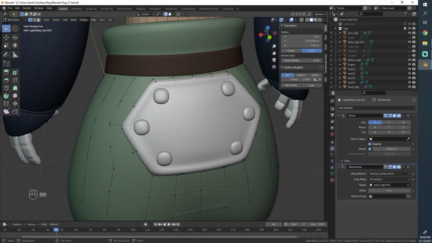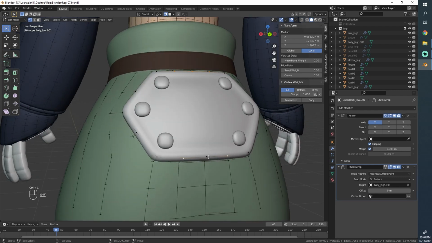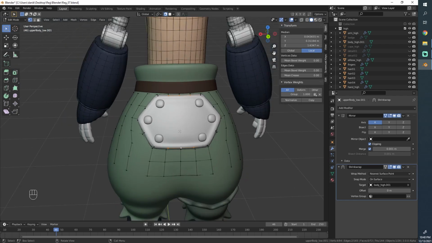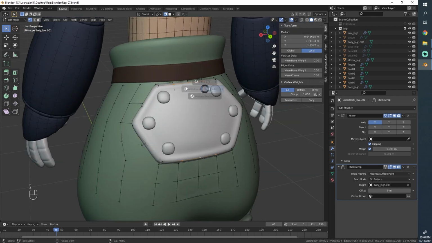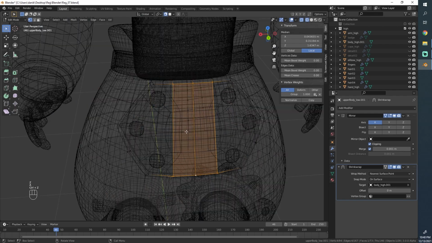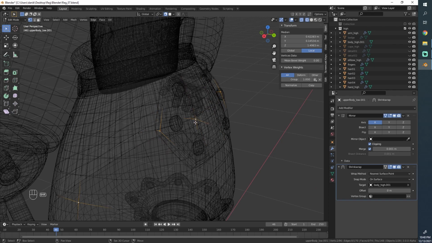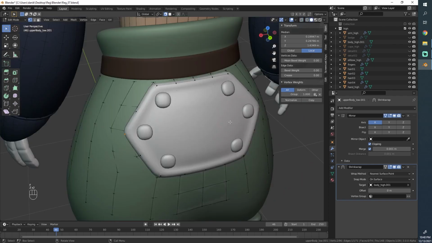So again, if I have to fill this in, what I like to do is start with the part that I know for sure. So I know that this loop in the middle is a center line in the symmetry area, so I'm just going to connect this because that makes the most sense. Then I can split it here and connect another line that I know for sure, because I want to keep this line in the center.